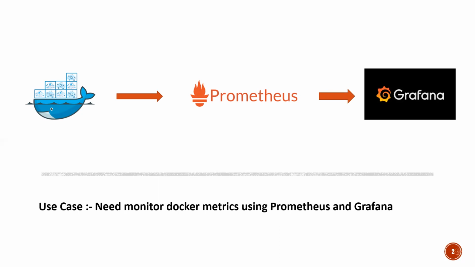For this video, the prerequisites are that you need to have a machine which has Docker installed, and you also need to make sure Prometheus and Grafana are already up and running. I made a video on monitoring servers using Prometheus and Grafana, wherein I've shown the installation of Prometheus and Grafana. Please do have a look at that video. Before watching this video, I've also given a brief about all these tools there. I'll leave a link in the description. Please do watch it. And now quickly, let's go ahead and see the demo.